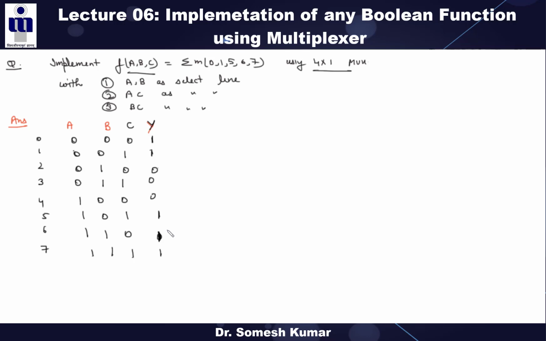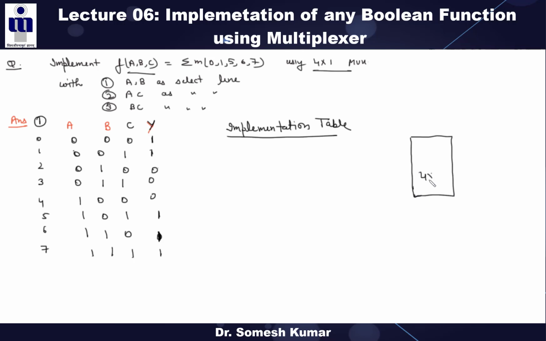So now the problem is, there are three variables and only two possible select lines, right? So for this type of question, first you have to draw the truth table, then you have to make a second table that is called the implementation table. This implementation table will tell you what the inputs of this 4:1 MUX are. Now we are doing the first part, not the second and third.